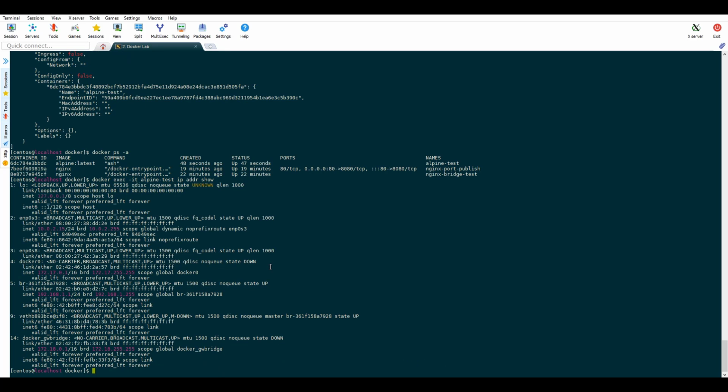Here we see that all the networks that are created for the host are also displayed here. This is because when we use host network, there is no container isolation and the container is directly exposed to the physical host network.